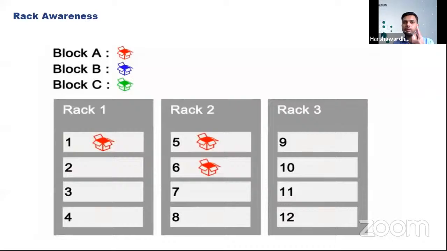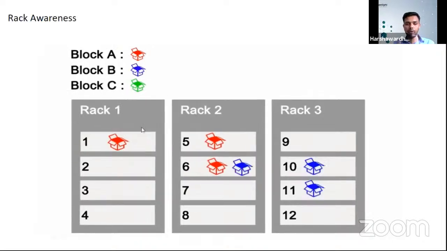So for one block itself, you now have 3 copies. If data node 1 goes away, you can still get the information from 5. If 5 goes away, you can still get it from 6. But what if rack 1 and 2 both go down? Then there is no way of getting the data, but that would be a very big issue, like a natural calamity. That's why you can increase the replication factor and the racks and data nodes. But the more you increase the racks, data nodes and blocks, the more storage is required, and that is where you will have to pay for it.